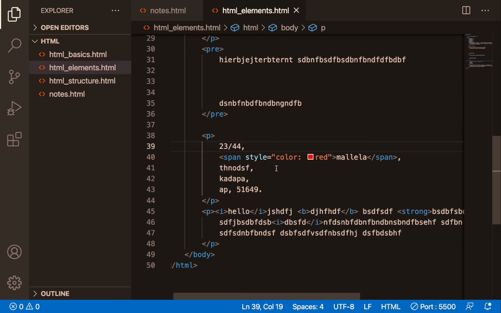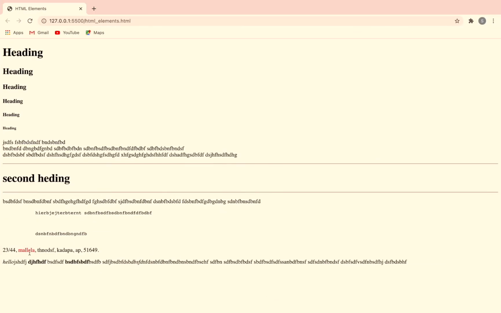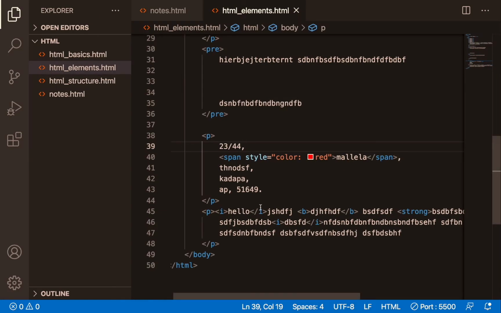Okay, so now I have given color red. Let's see how it will come. See, it is highlighting now. So if you want to highlight any particular word, or if you want to give some particular styles, you can put that keyword or multiple keywords inside the span element, and you can write CSS for that element. In this complete address, I have put only this keyword inside span, and I have given this style. That is the use of span.